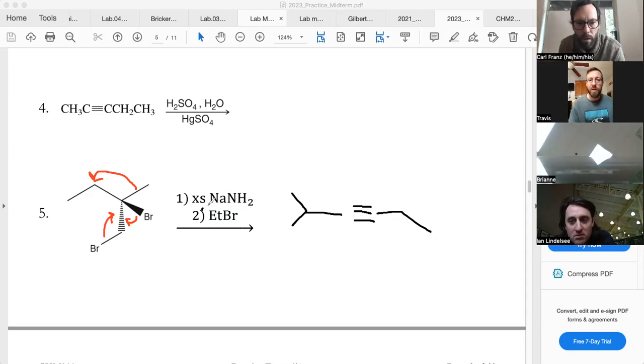I figured so the bromine doesn't come along and snatch the hydrogen, because that would make an anion, I guess, right? Well, if the bromine snatched the hydrogen, that would form HBr, hydrobromic acid. But this base is super strong, and it's going to be pulling that hydrogen off. Oh, yeah. Okay.